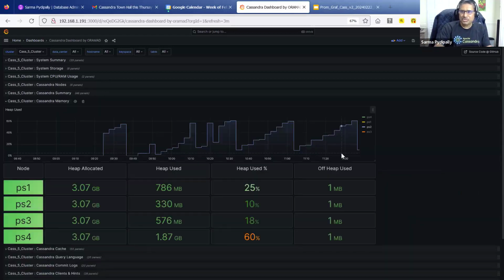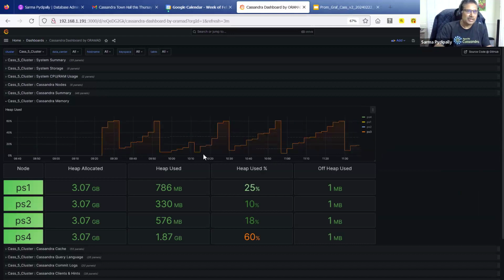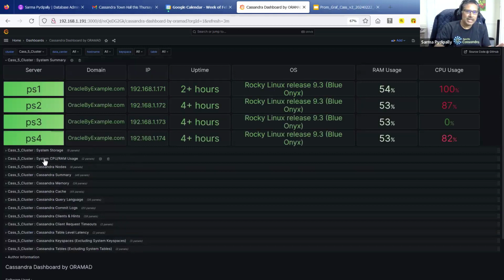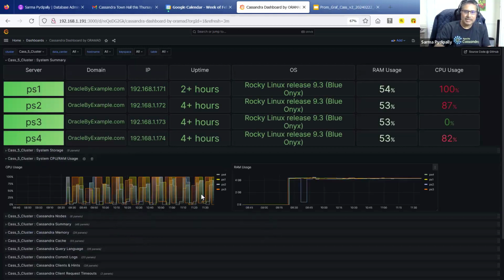What I want to show you is, you saw this earlier, right? When I click on the node, you can actually switch to a single node. This filter is already there on Grafana. The good thing with Grafana is that out of the box it has a lot of stuff which we can directly use. Right now you're looking at all 4 nodes, but I can click on this and only see a specific node.